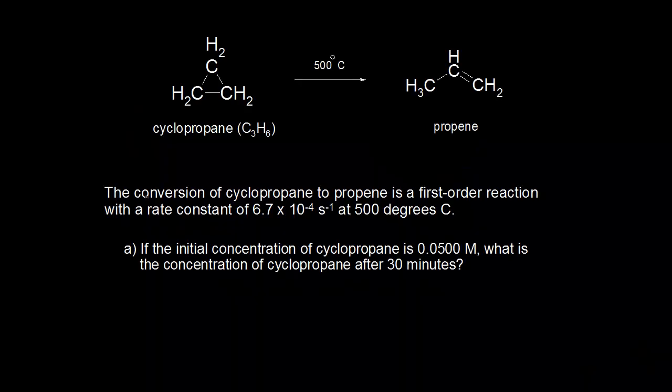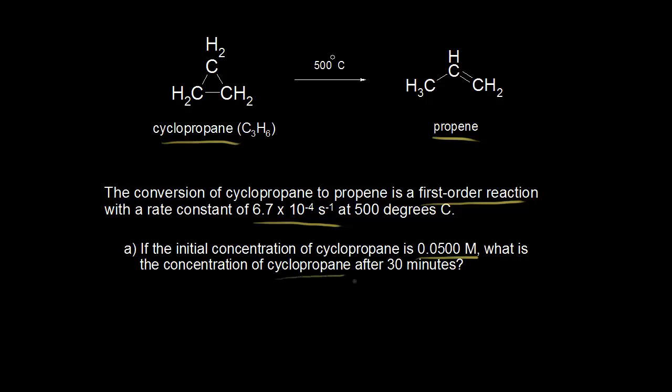We've already looked at the conversion of cyclopropane to propene and shown that it's a first-order reaction. We also found the rate constant at 500 degrees Celsius in an earlier video, and the rate constant is 6.7 times 10 to the negative 4, 1/seconds. So in part A, if the initial concentration of cyclopropane is 0.05 molar, what is the concentration of cyclopropane